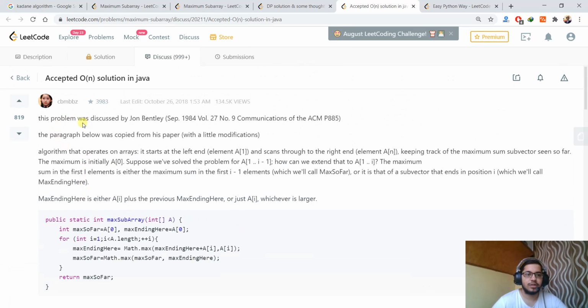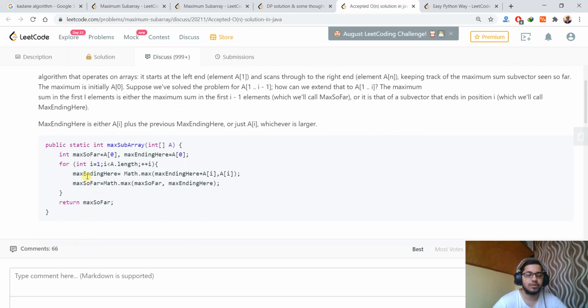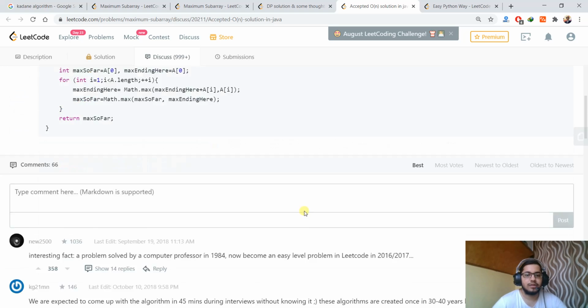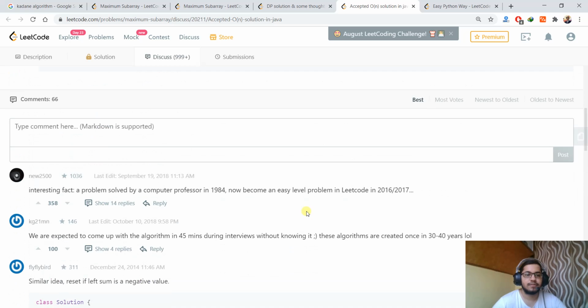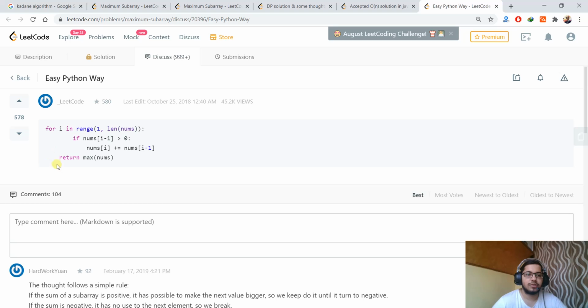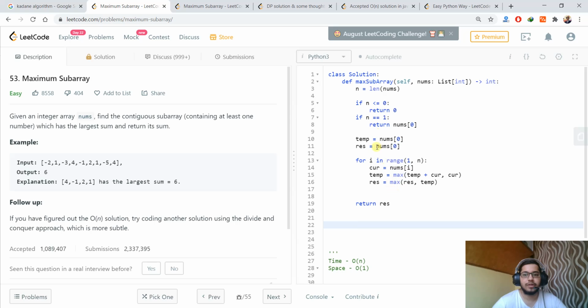Now this one is for Java, and here also they have given a brief explanation and then the code. And if we see the last solution, that is in Python, it is a very small solution. So suppose we try to implement the last solution in Java.